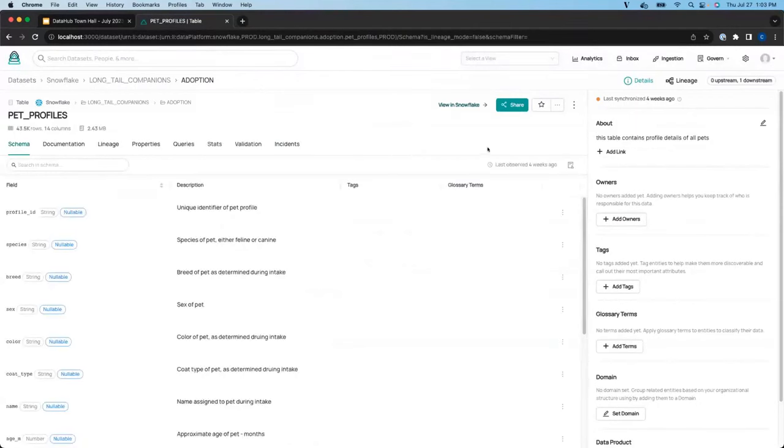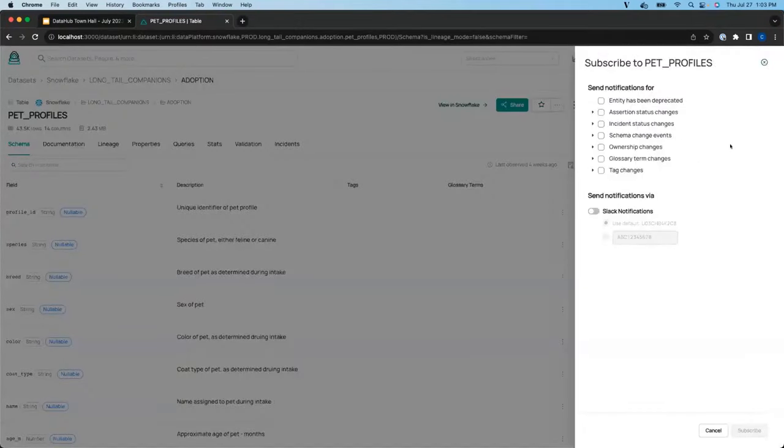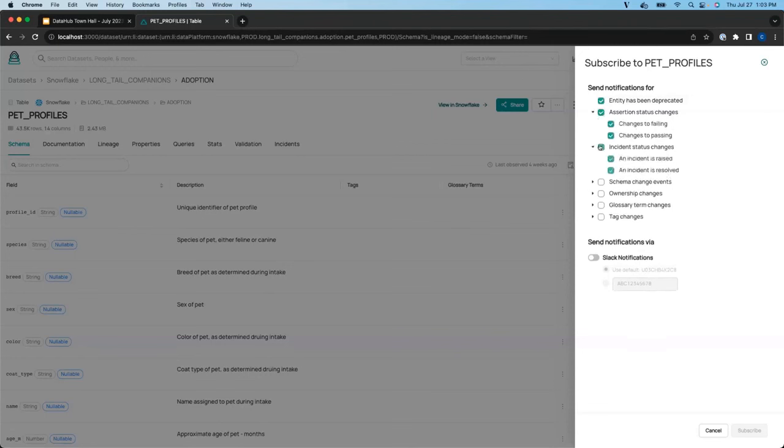So here I'm going to click this new little star on the right that allows me to open up a subscriptions drawer where I can opt into any subscription or any notifications that I care about for this entity. So in this situation, let's say I care about deprecation, care about assertion status changes, and definitely incident status changes as well. These other notifications are definitely important, but maybe not for my use case around this specific table that